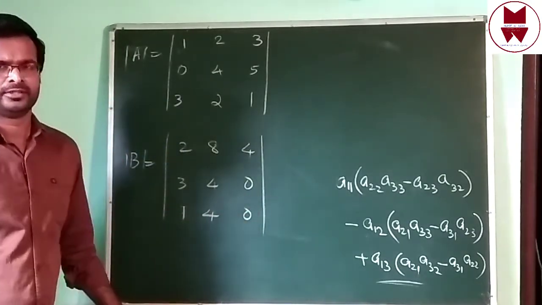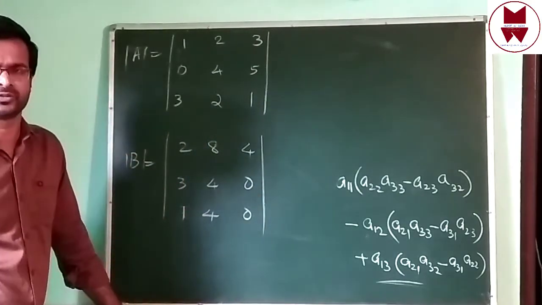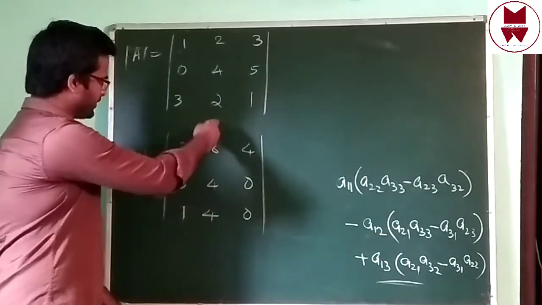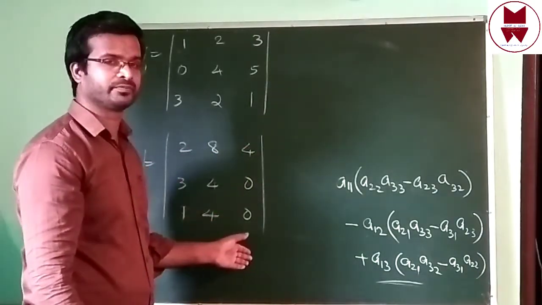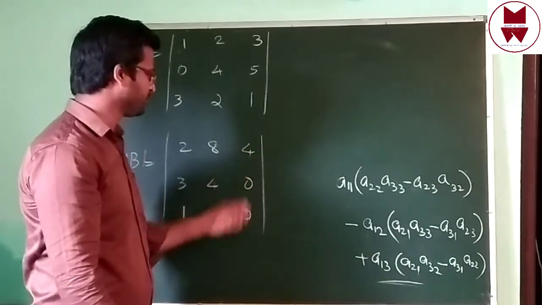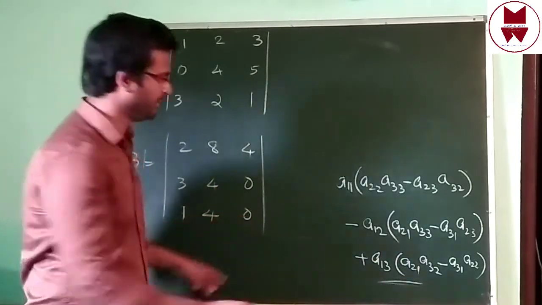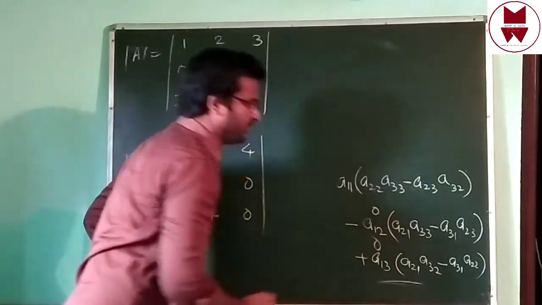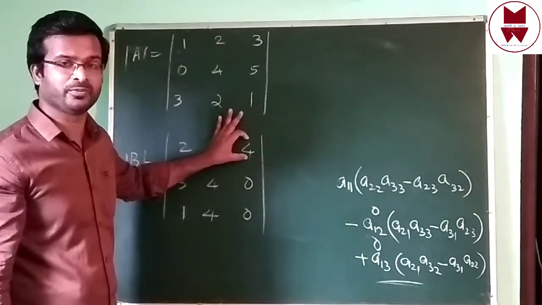2 steps. Using columns: if you use the first column you have to write 3 steps like that. The second column also, 3 steps you have to write. Then the third column. What about the third column? If you use the third column, the second and third terms will be 0 automatically. Here 0 will come, here also automatically 0. Then that part no need to do. Only one step, using the 4.